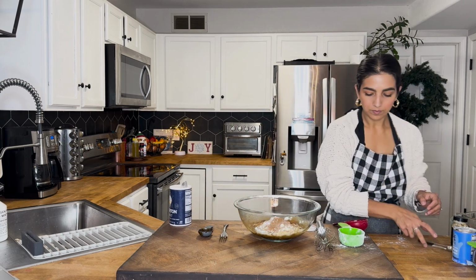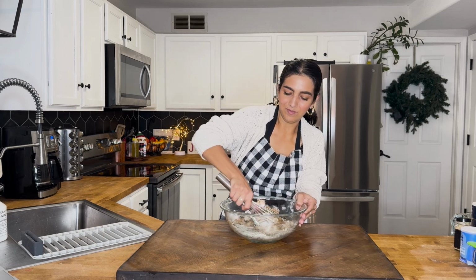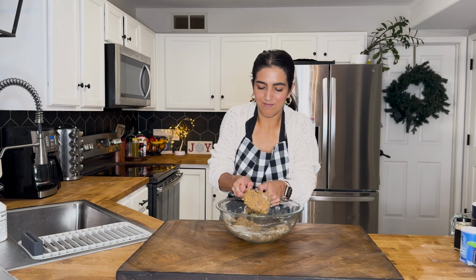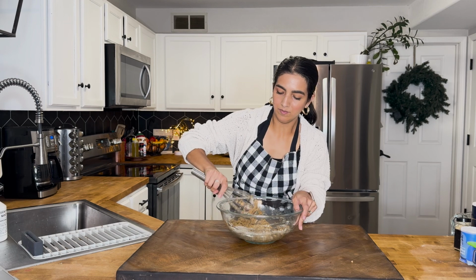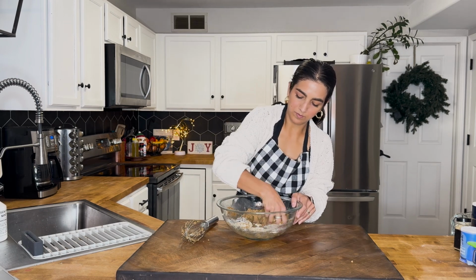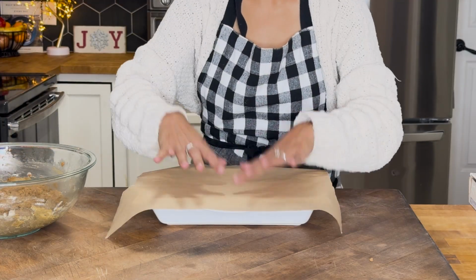So after I added in all of my dry ingredients, I started mixing this, and I did get a little stressed because I was kind of eyeballing my ingredients and it was very thick, but it actually turns out this is exactly the consistency it's supposed to be. It's almost more like cookie dough than it is cake batter. If you know cake batter, it's normally very, very liquidy and it rises and the whole shebang, but this is more like a dough. So I ended up just mixing it with my hands,